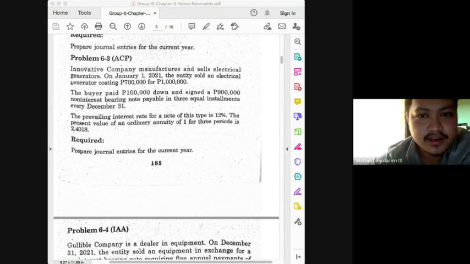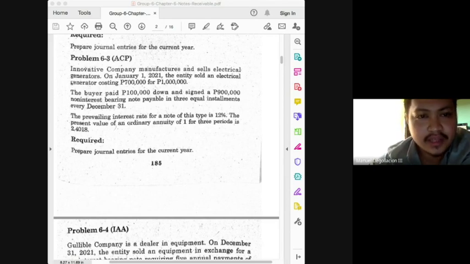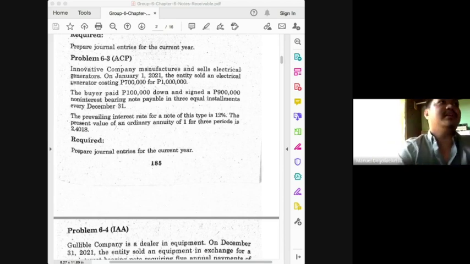I hope you're already familiar with an amortization schedule, because if you prepared one, you would get the net balance of your notes receivable. But an alternative solution, class, would be